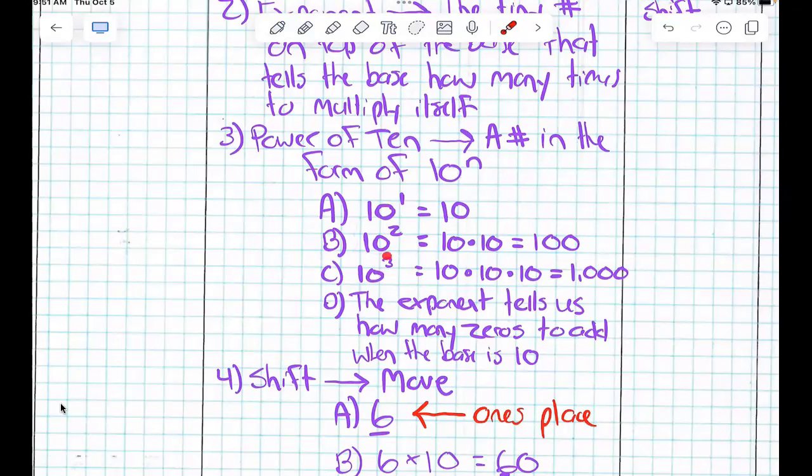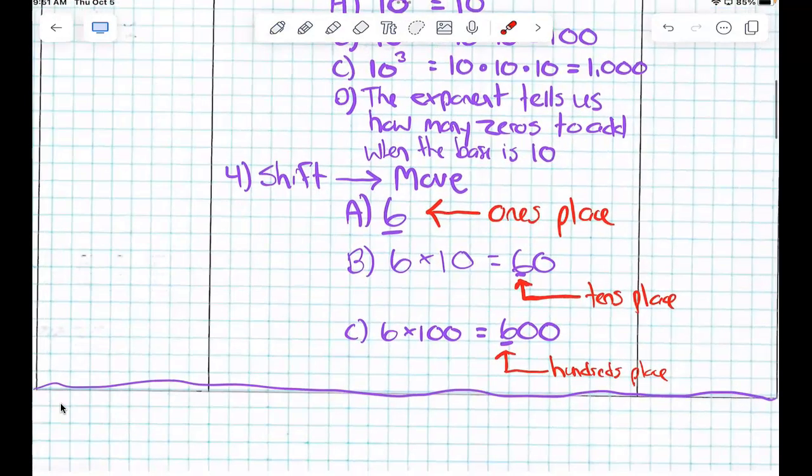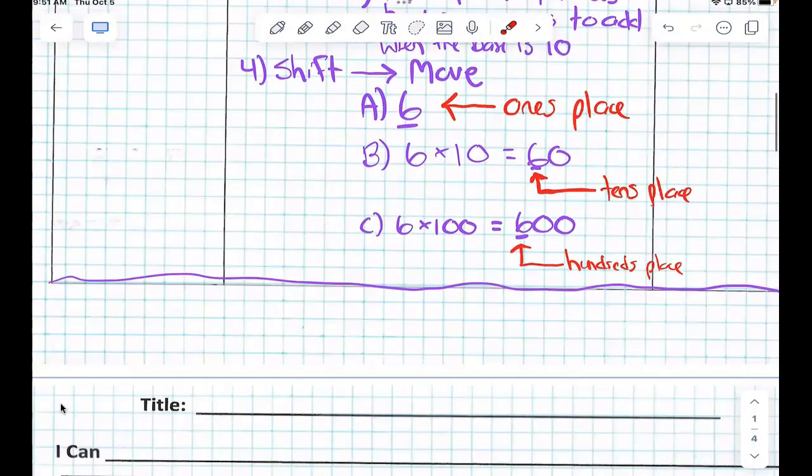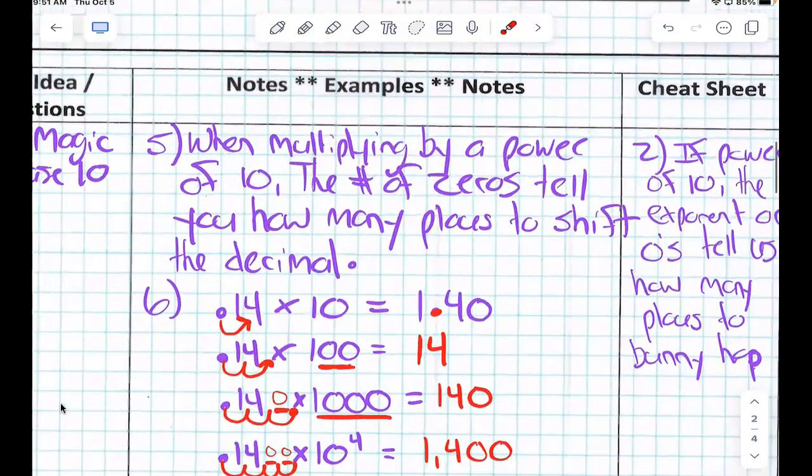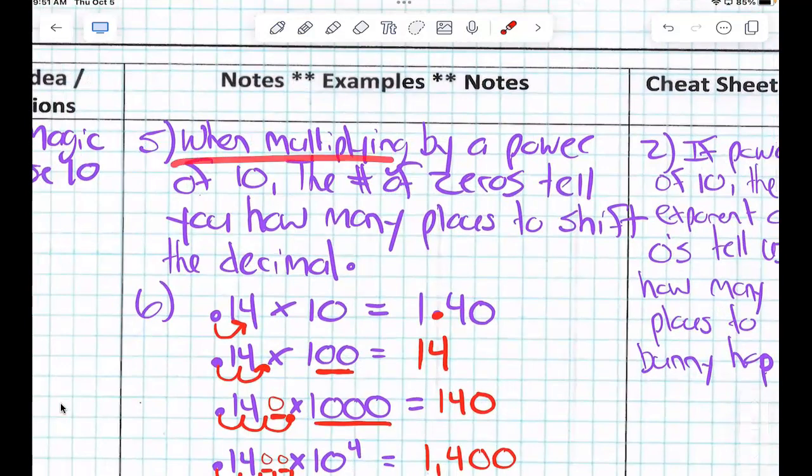So the exponent tells us how many zeros are in our final answer. Okay, cool. When we say shift, we simply mean move. So we're going to talk about shifting place values and decimal points, okay? All right, here we go. On a count of 3, I want to read this one together. 1, 2, 3. When multiplying by a power of 10, the number of zeros tells how many places they should shift